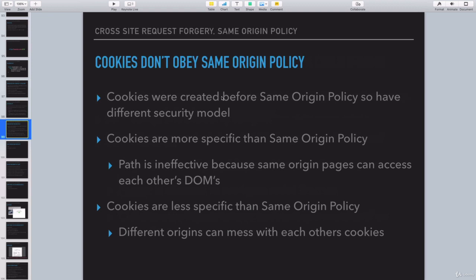So cookies are more specific than the same origin policy, and at the same time, they can be less specific. We saw that you can set your cookies to the same site, and then because of that, they can't be read from JavaScript, or they won't be included within the request headers themselves. So that's one way to stop information being passed around across different domains. But now that we have the same origin policy, and you can see how that can be bypassed, what we essentially need